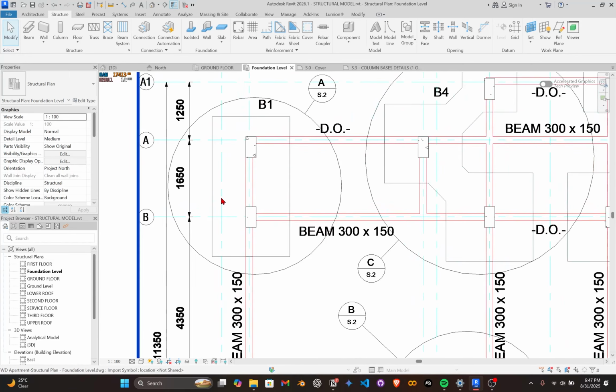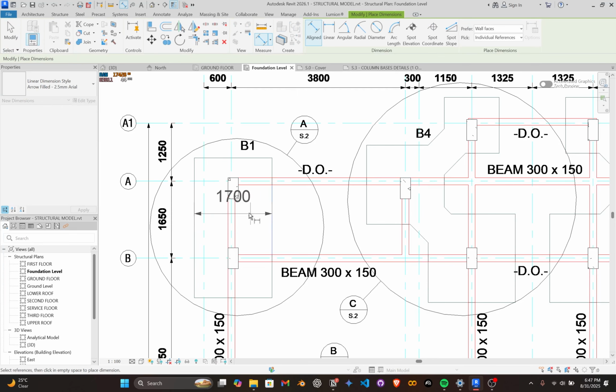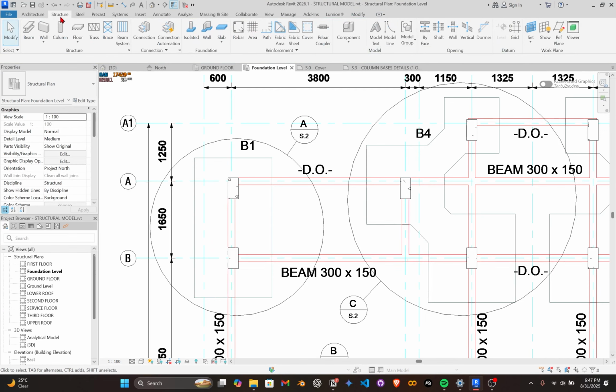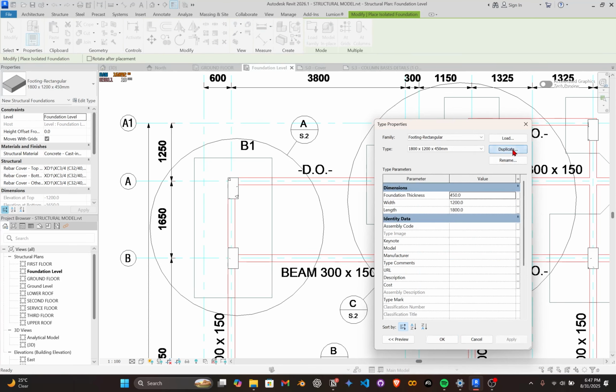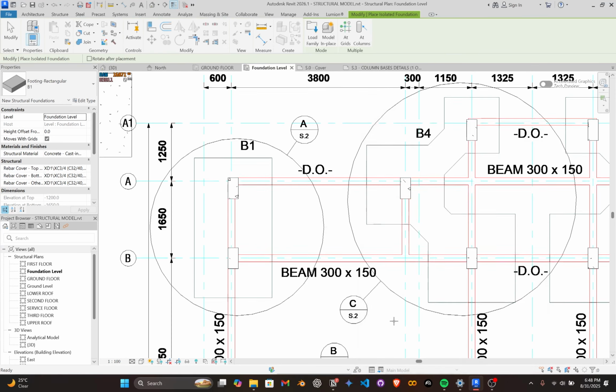Anyway, so let's measure the size of B1. So B1 is 1700 and 3000 over here. So I go back to structure, isolated, right, and we have this default base type. I'm going to edit it and duplicate. I'll just name this one B1 to match what I did. We're going to change the thickness to 500, change the width to 1700, change the length to 3000. Now it doesn't really matter if you interchange these values, because you could always just rotate the base. So apply,